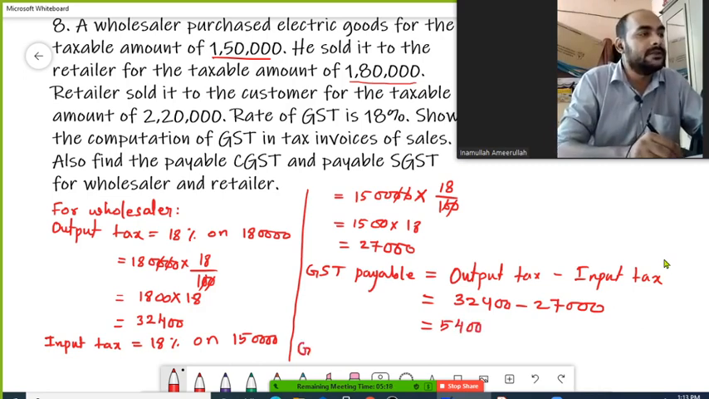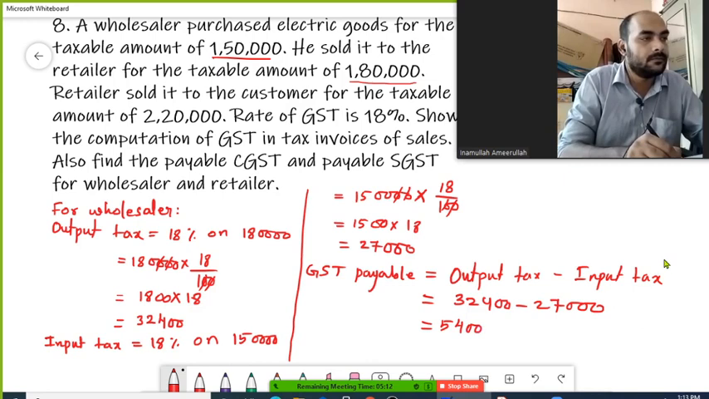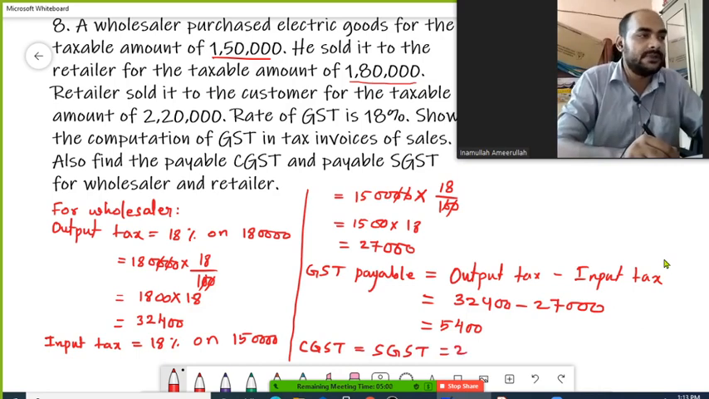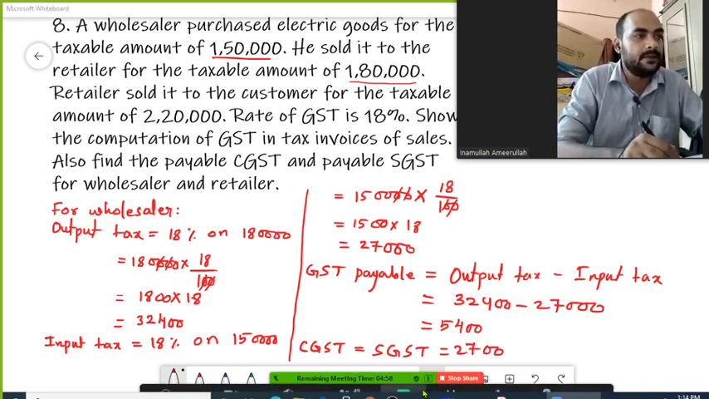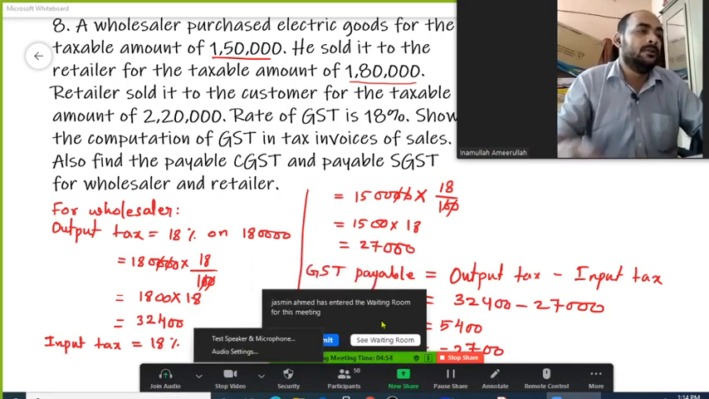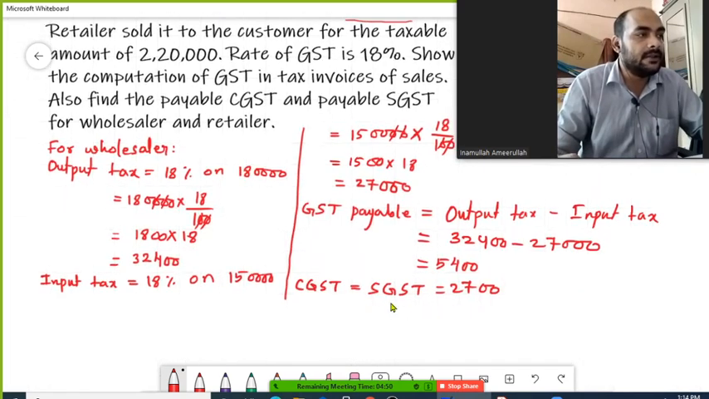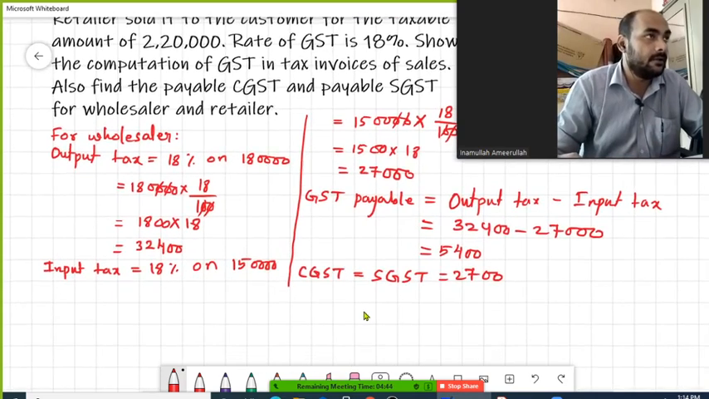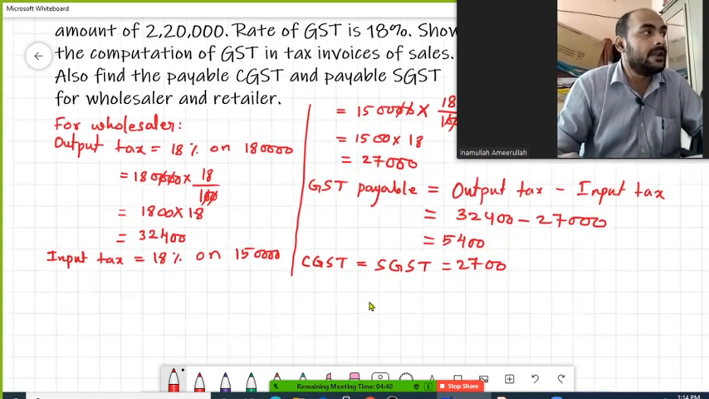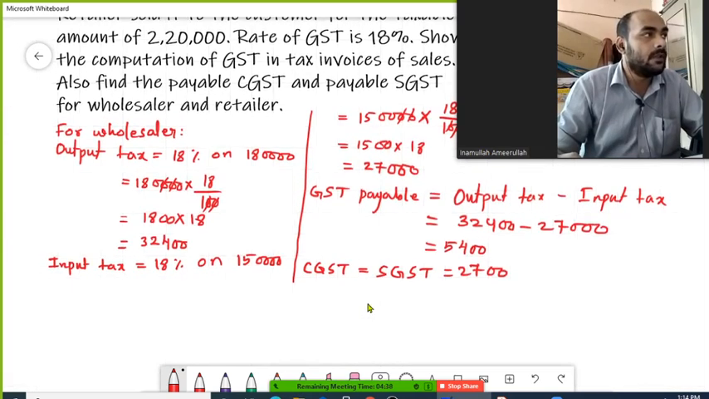CGST is the same as SGST, and each will be half of GST, that is 2,700. So GST payable by the wholesaler is 5,400 and CGST and SGST payable by the wholesaler is 2,700 each. In the same way we will calculate for the retailer also. For the retailer,